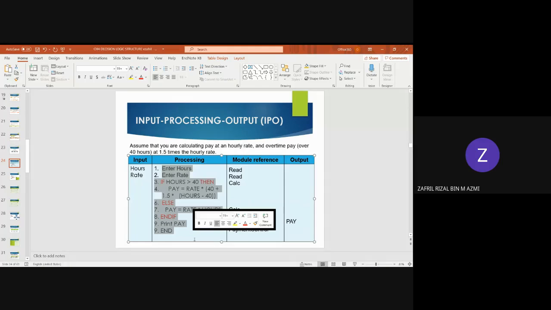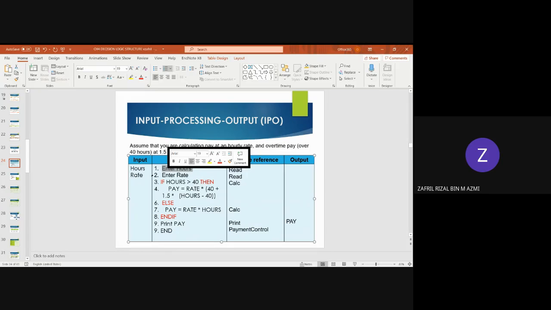It can be similar. First, you put the input variable. And then the processing for input is enter something, enter the variable. And then you put the module, the second input, and then the calculation must be accompanied by the decision. So for here, you can just put calculate pay,